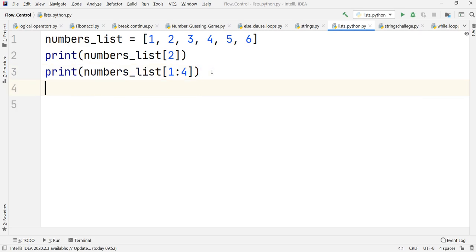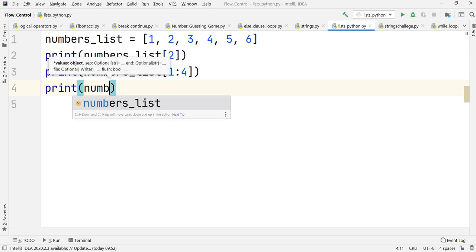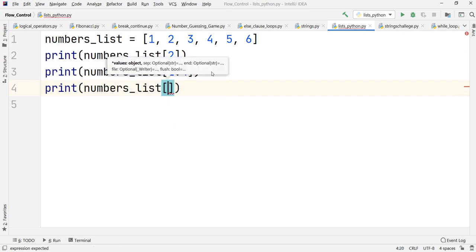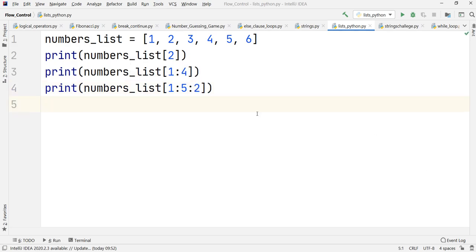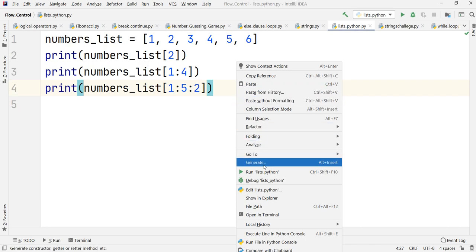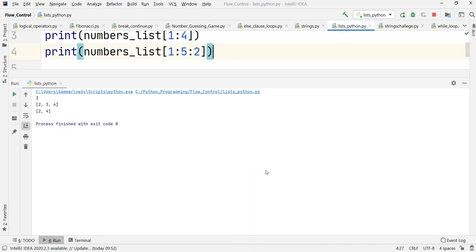Similar to strings, another thing that we can do with lists is get the values in steps. So 1 colon, suppose I take 5, again colon, suppose I take 2. So we can even define the step size. I want you to guess what the output will be. Let us see.